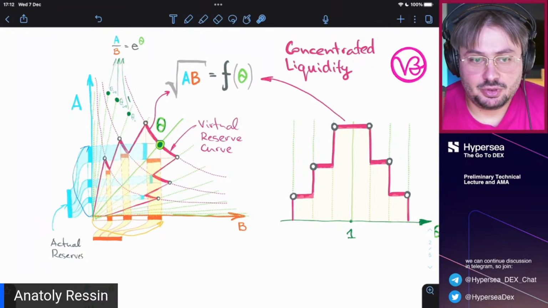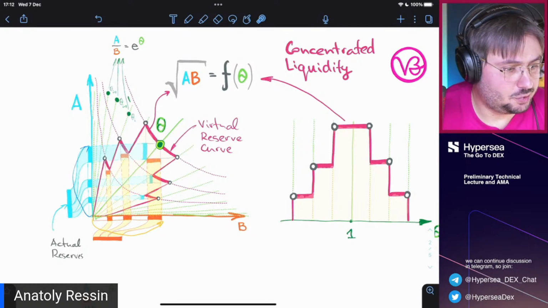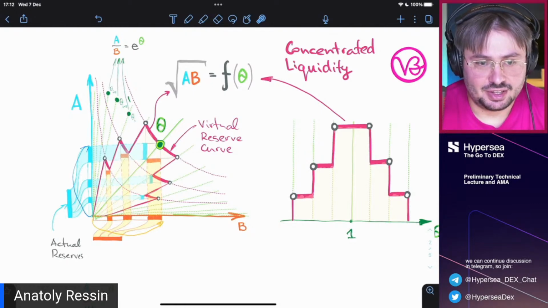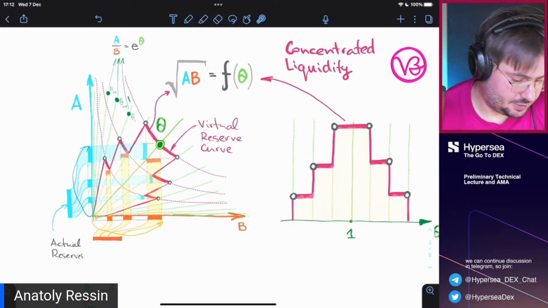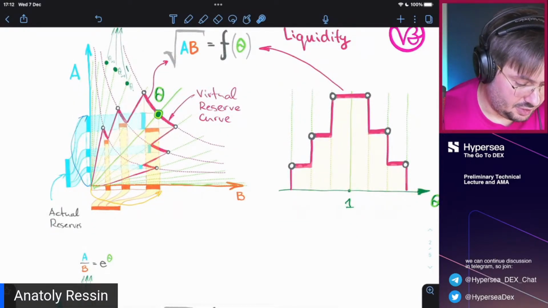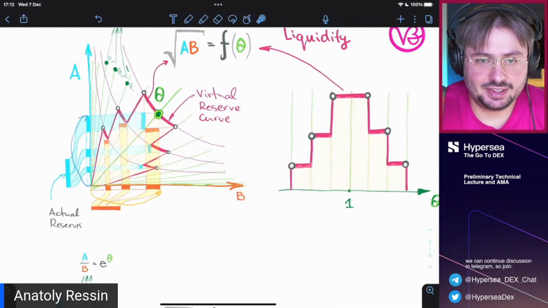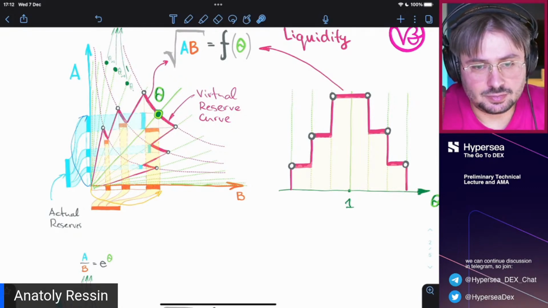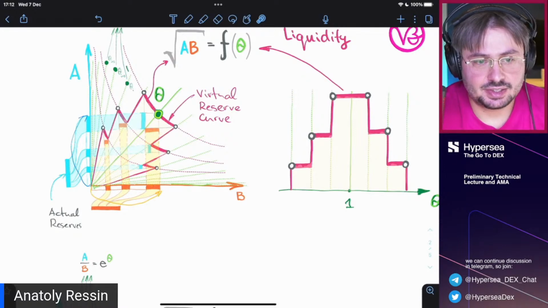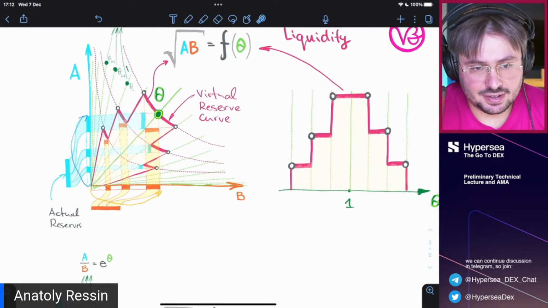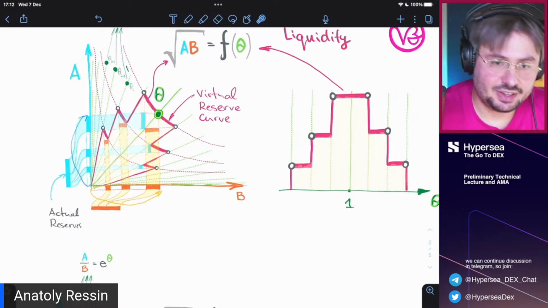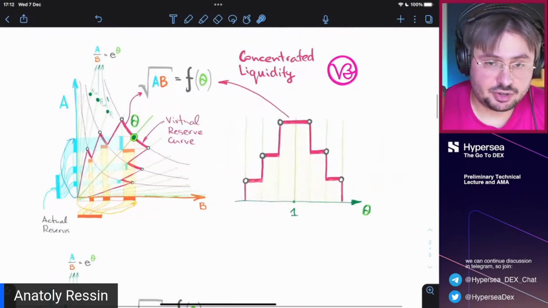But if you allow the price to exit from this range, then you need to provide more liquidity in the sibling ranges. But if you think there is less probability, it means that you can provide less liquidity there. And Uniswap version 3